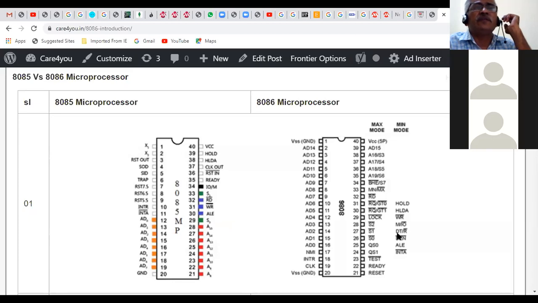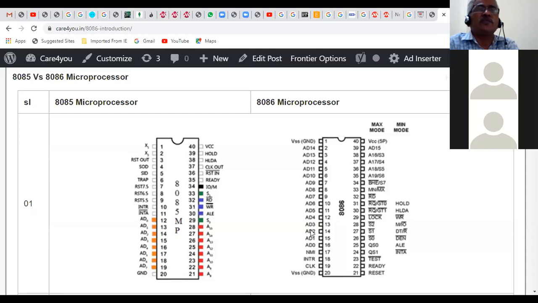Address latch enable. So this is something different. Data enable and direction for the data, whether you are transmitting or receiving the data through the transceivers onto this particular processor. Then you have M/IO bar, you have IO/M. Then you have write bar and HLDA and the HOLD. So these are something similar to the 8085 in the minimum mode. But maximum mode is used for complex kind of applications.